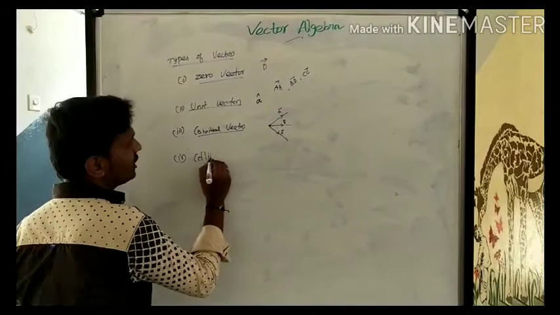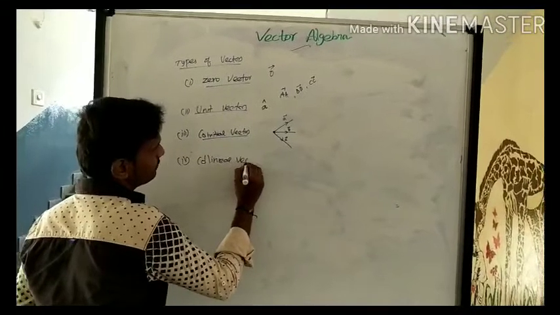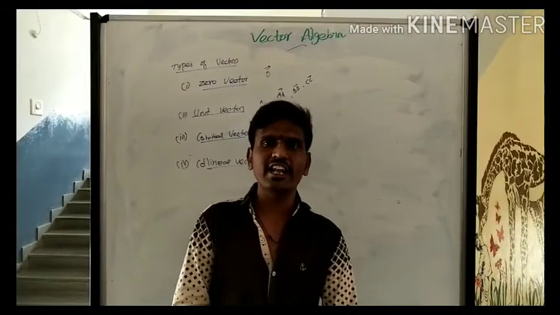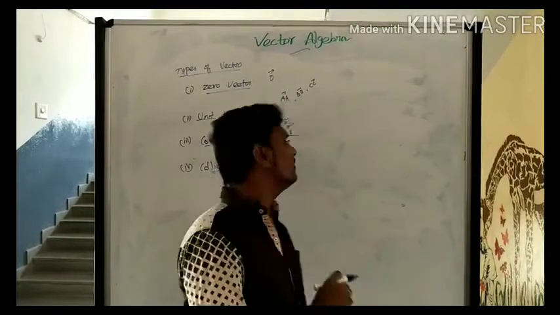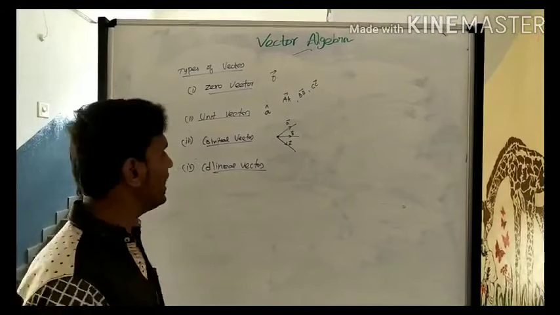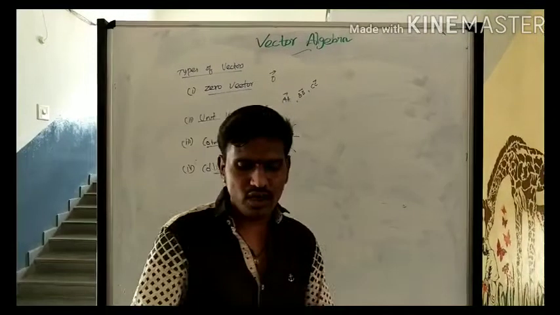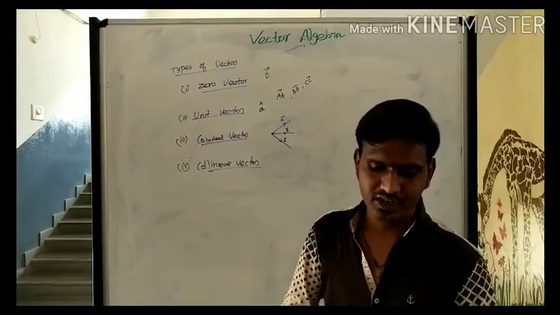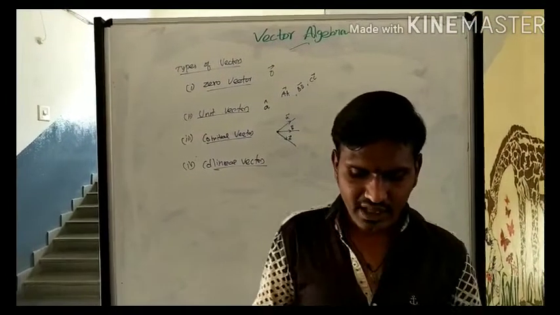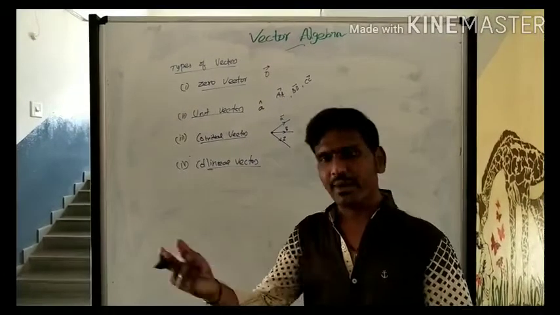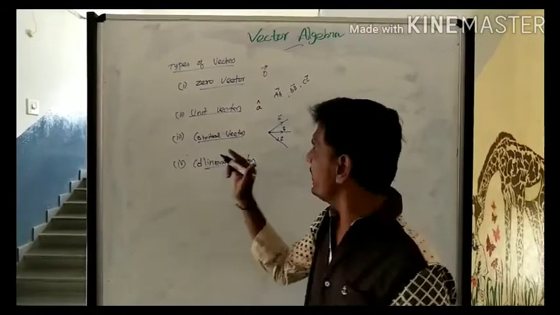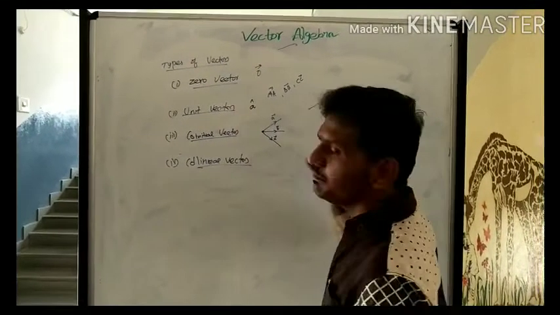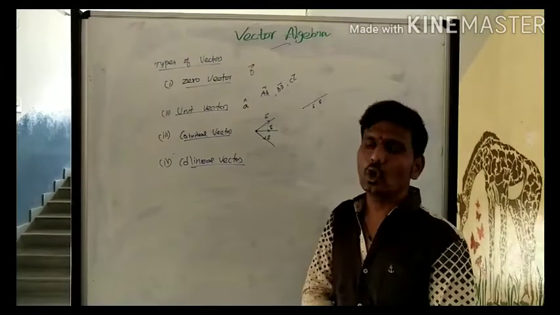This word you already heard before. It starts from 9th standard itself, that is collinearity of points. Now we have to mingle it with vectors. So what is a collinear vector? Two or more vectors are said to be collinear if they lie on the same line, the same line. See, on this one line we have three vectors. This is A vector and that is B vector, like that. So that is called collinear vectors.